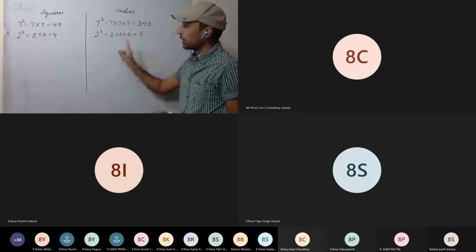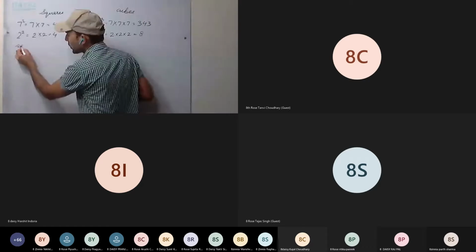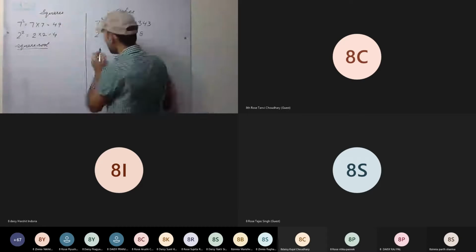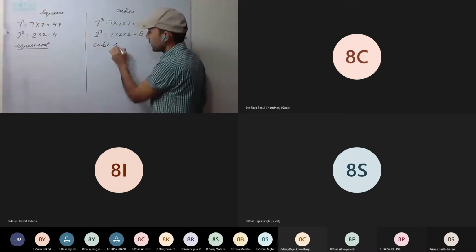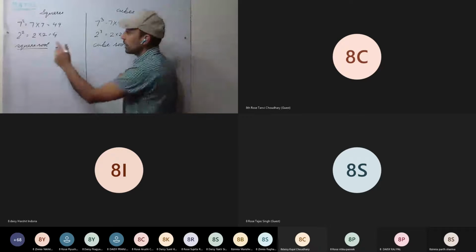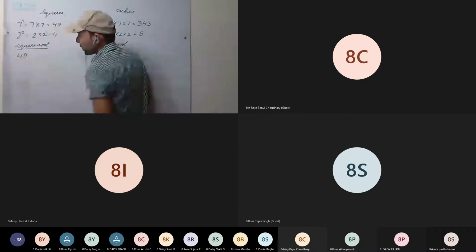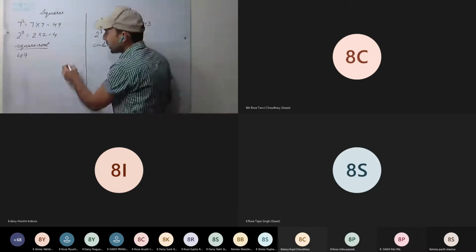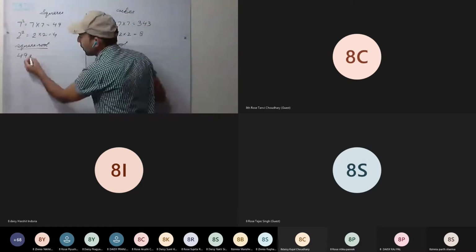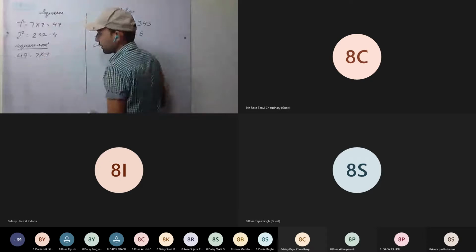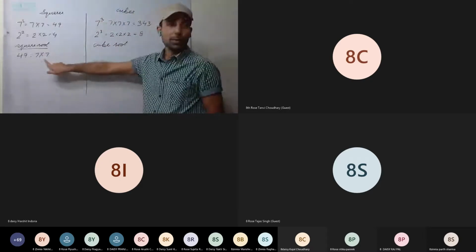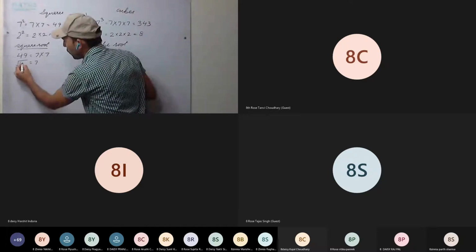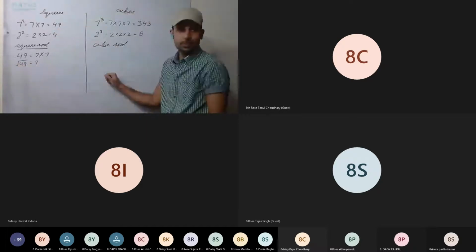It is 8. Now, if we have to find the square root, here is square root, here cube root. So similarly now, for example, 49 is given to you and we have to find the square root. What will we do? We will factorize it and find the prime factors. So it is 7 into 7. Now we form the pair and take 1 from the pair. So root of 49 equals 7.